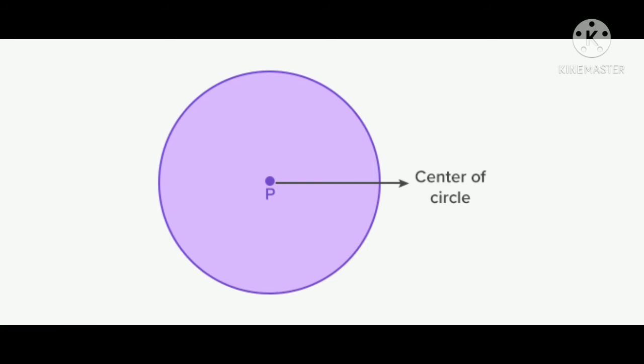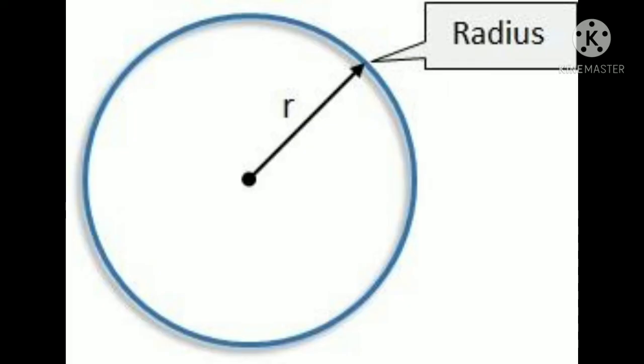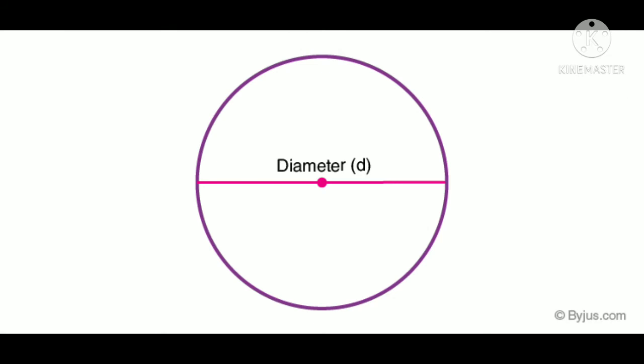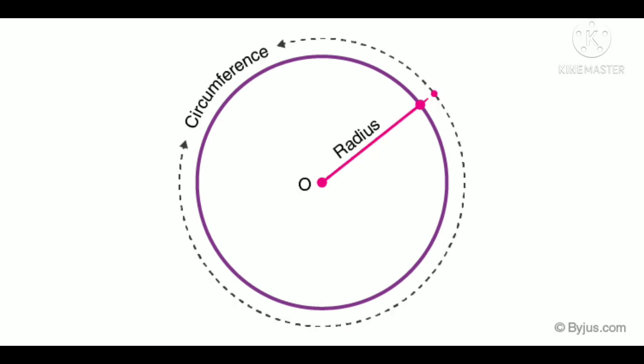So from this center, we can see the radius here. Small r is always denoted as the radius of the circle. Now we also have to see the diameter. See, D is the diameter, isn't it? So 2 radius together is the diameter. 2r is equal to D, you can say. And here, the round is the circumference. When you find the perimeter, then you have to find the circumference of the circle. Okay, so the radius and circumference are shown to you.